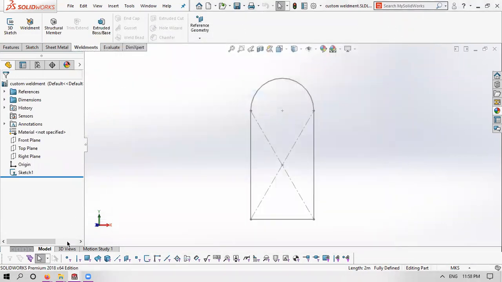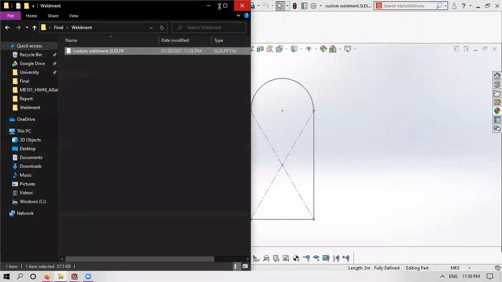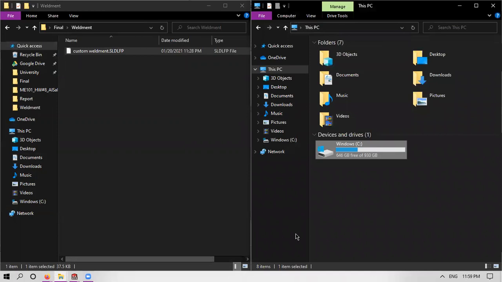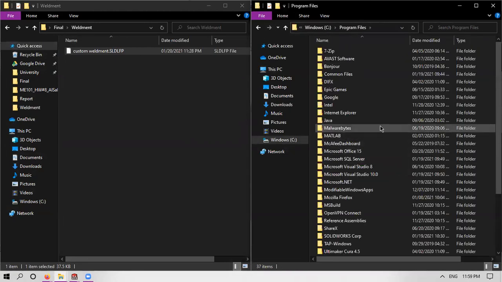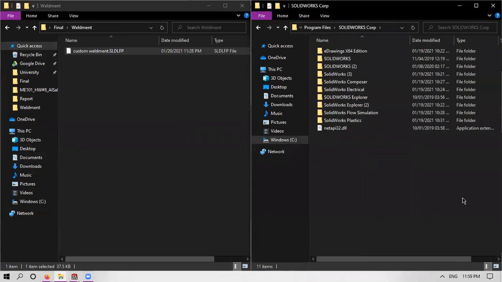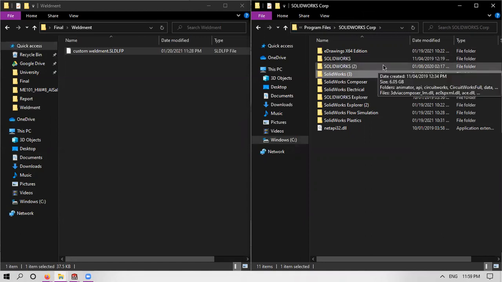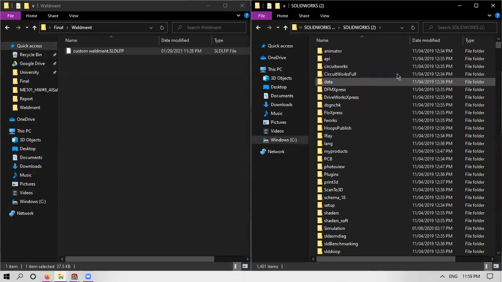After doing so, you would like to open the arbitrary folder that you saved your lib feet part in, and you would like to open up SolidWorks' weldment profile folder on the right side of your screen. In my case, it is located here. You might have more than one SolidWorks. In my case, I have 3 because I have different versions of SolidWorks installed, but I know for this version, it's the second one. You would later go to Lang,